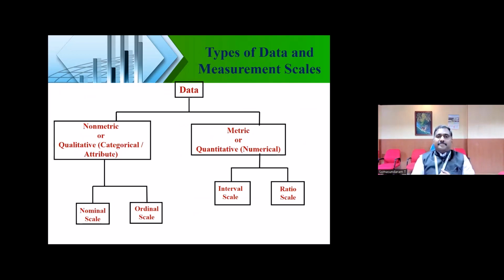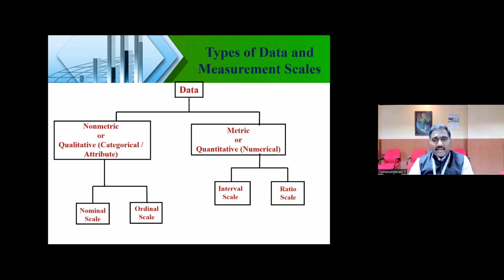And the next thing is the data, right? What data have we collected through the questionnaire? We will have different data sets with us. Here data are classified into two categories, qualitative and quantitative, which are also called non-metric data or metric data. Non-metric data you can categorize. You are collecting the data by categorizing things, having a lot of attributes. It is nothing but the choices, right? Non-metric or qualitative data can be measured with two types of scales, the nominal scale or the ordinal scale.